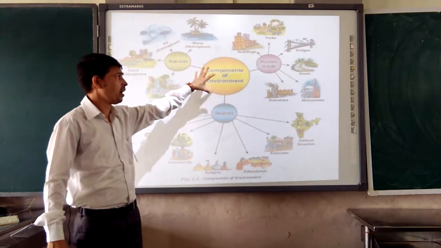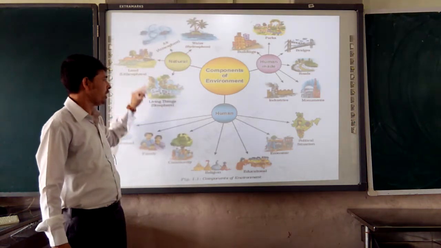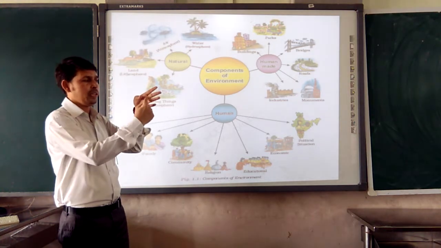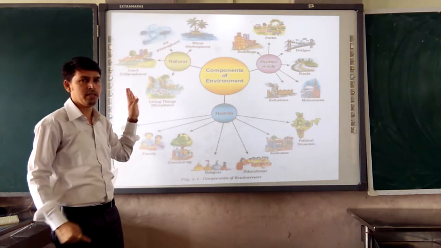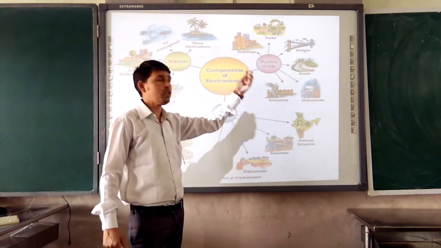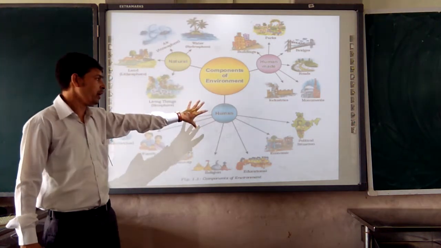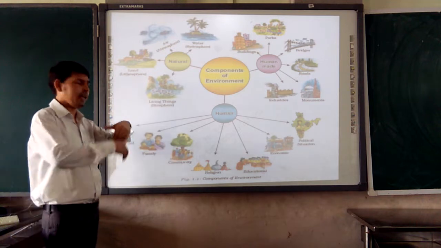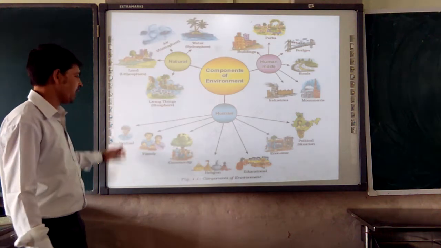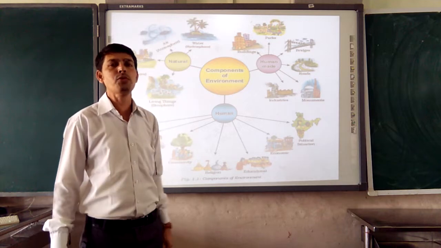I repeat my words. The components of environment are three: natural. In the natural, we have four: atmosphere, hydrosphere, lithosphere, and biosphere. Like that, in the human-made, we have n number of things which are made by human beings. A few common ones we are taking: bridges, buildings, monuments, parks, industry and all. In human, we are taking these many things. These can be expanded also, but from the textbook it is this much only for you: individual, family, community, religion, education, economic and political situation.